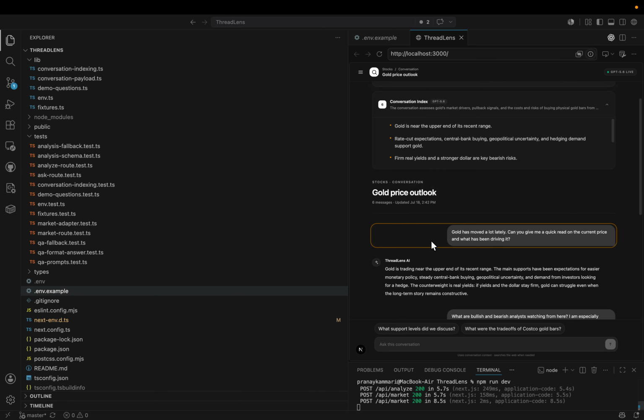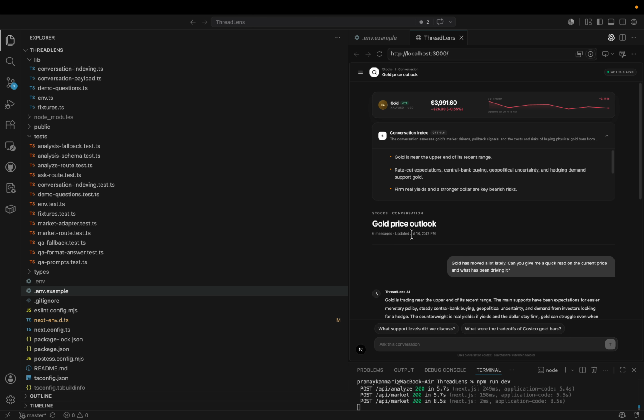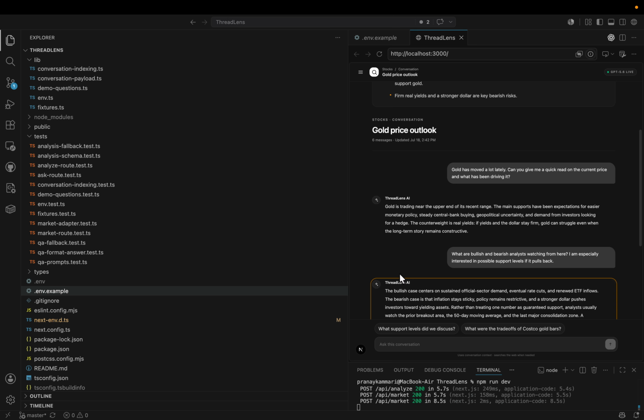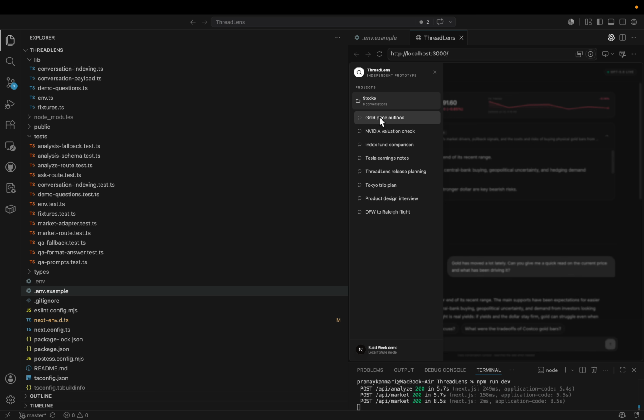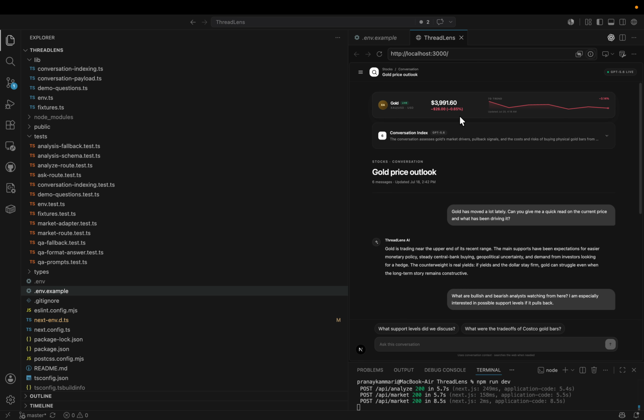So ThreadLens goes through your chat history. I already added some test chat history data in there. Let's say I was looking for the gold price, since the price of gold is falling right now. So I'm one of those users who have searched about gold price. Whenever I come to that specific chat conversation, the ThreadLens app will display the live, current gold price up top in the chat. What it does is go through the history, look for the major value the user was conversing or asking about, and try to get some information regarding that value